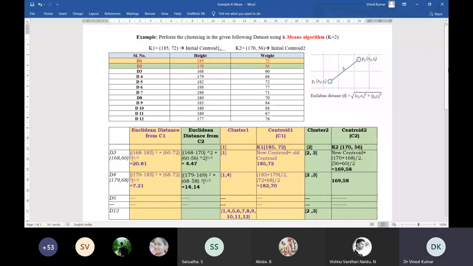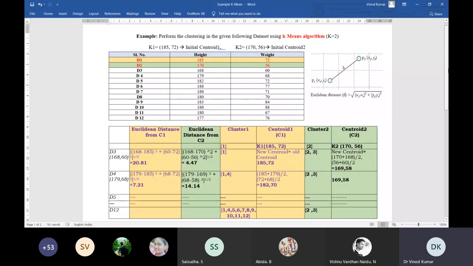Okay. Now you have to understand this one. This is one example, a very brief one I have prepared to help you understand how the k-means clustering algorithm works. You see what the question is. The question is to perform clustering on the following given data set using k-means clustering, when the number of clusters we have chosen is 2. And what is this? This is my data set. This one is the data set table.